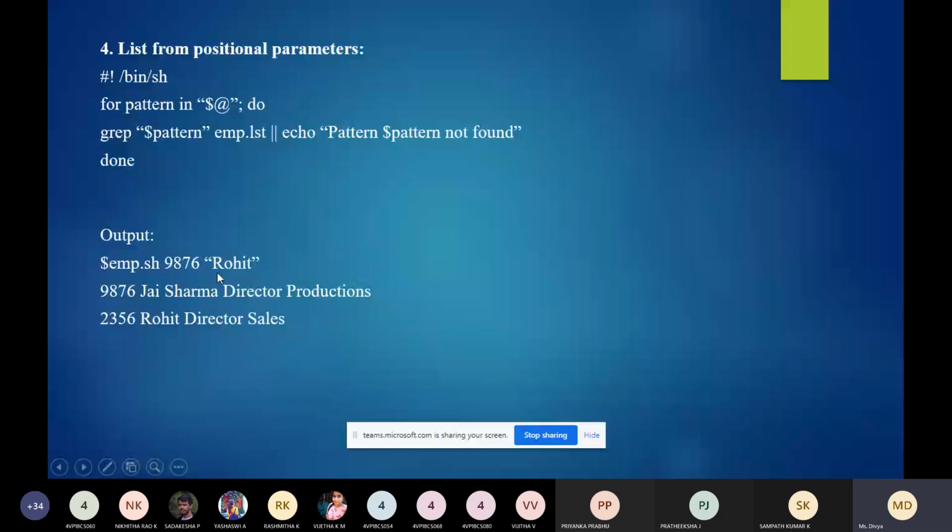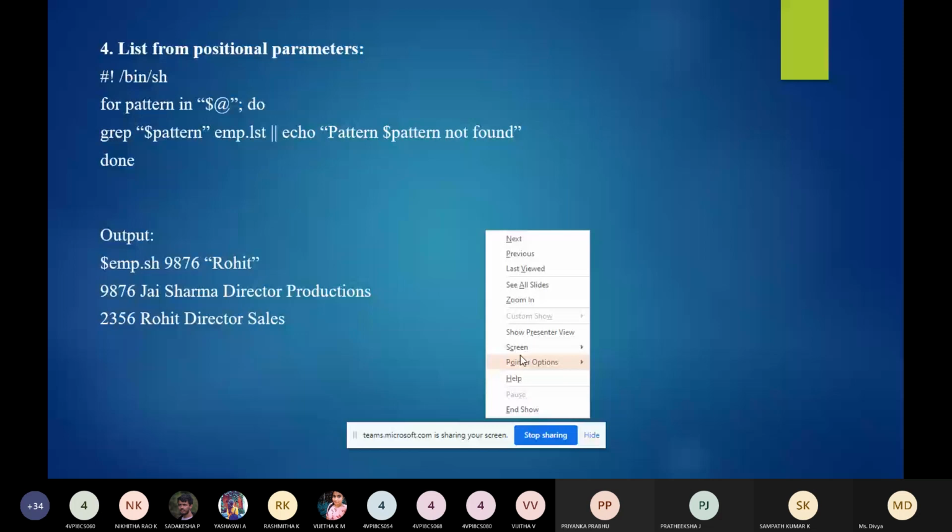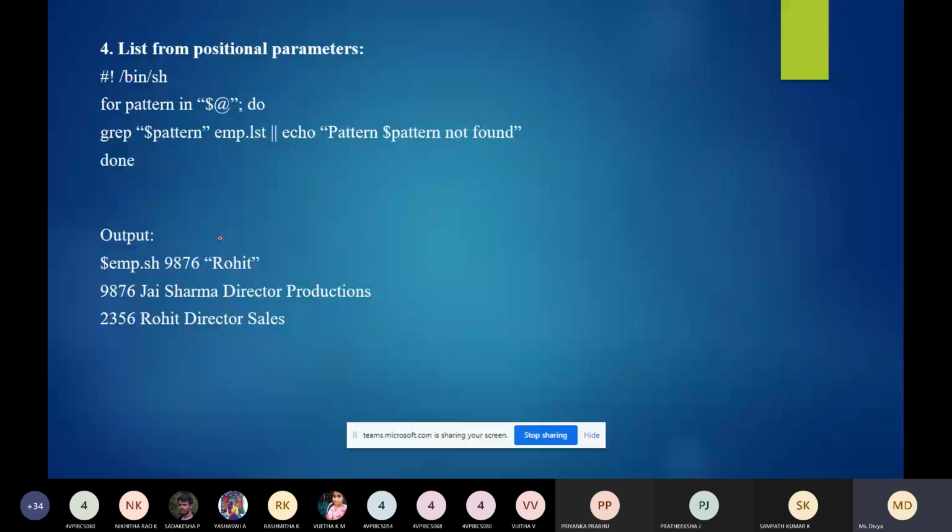Now the pattern in $@. So it will give these two values, but as separate arguments.